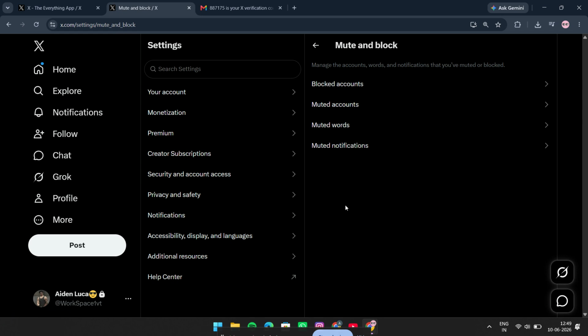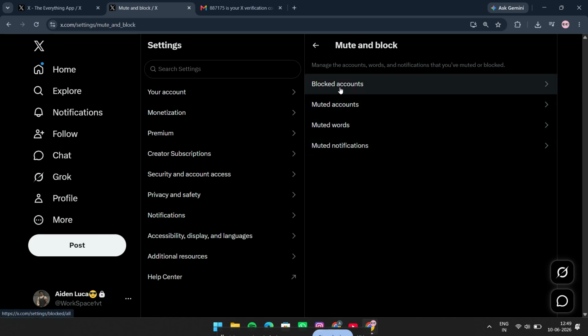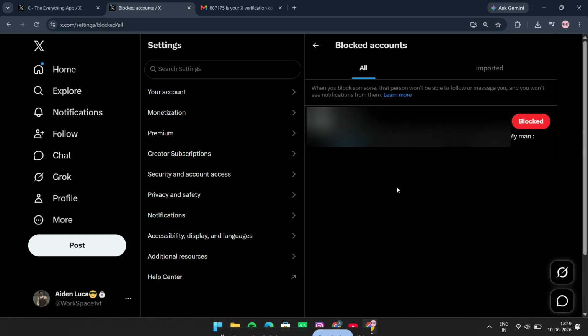Now click Blocked Accounts. This will open your full list of blocked accounts, so you can review every account you've blocked on X. From here, you can scroll through the list, check specific accounts, and if needed, choose to unblock someone later. It's a very simple process, but knowing exactly where this setting is can save you time when managing